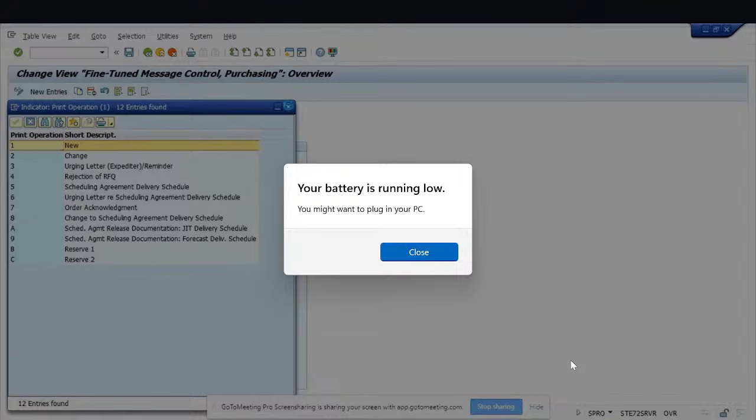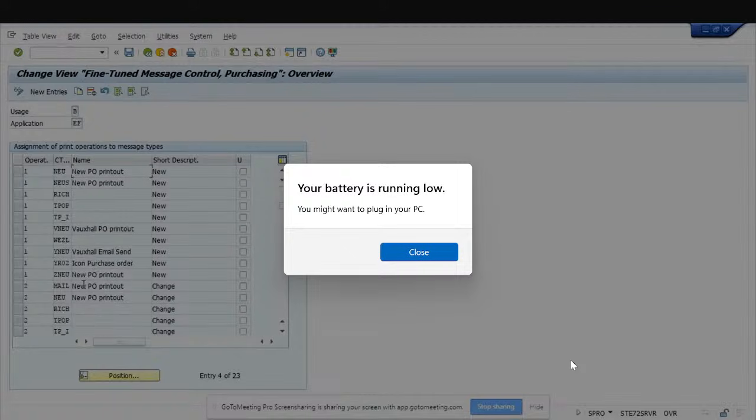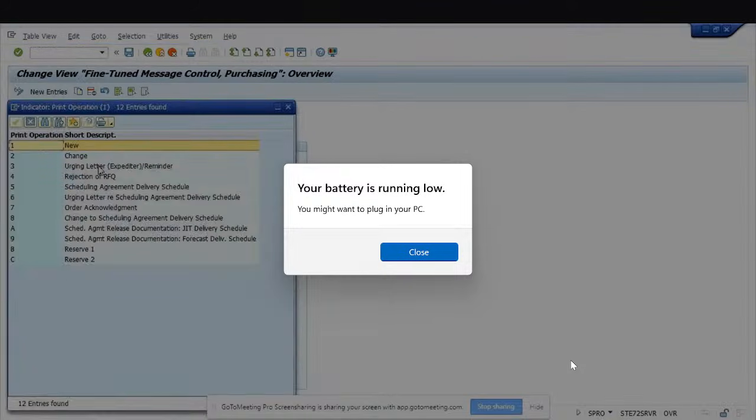Now close that. Here we have given 1 as new, and what is that type? What type are you using? We have activated 1. Now come down, give position 2, change. Give position and